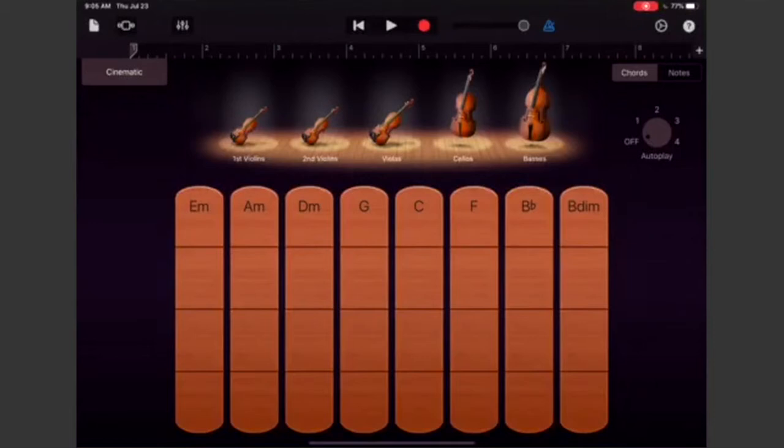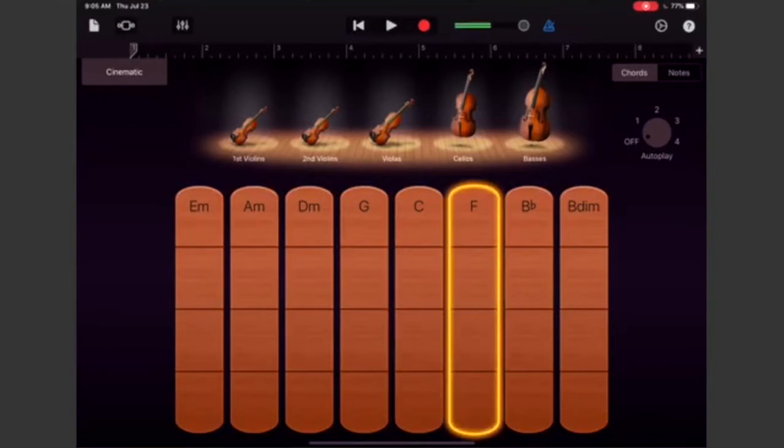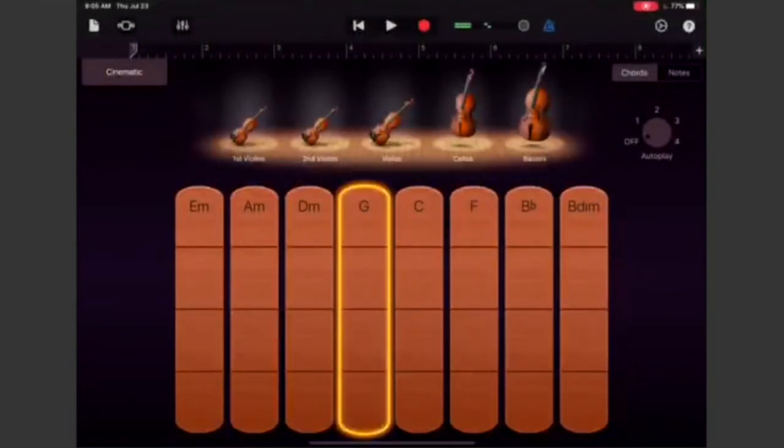Okay, good. So the first thing I want to show you is that when you are working in strings, you're going to bow, right? So you can just touch a sound, but you can also bow. Okay?